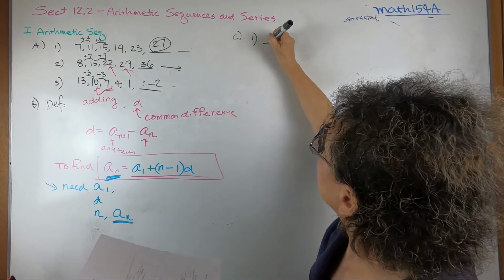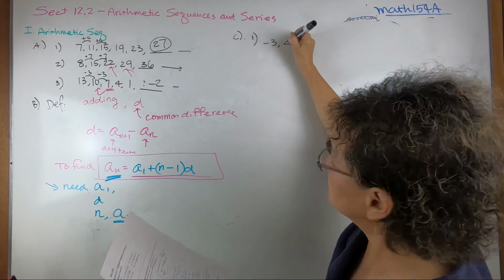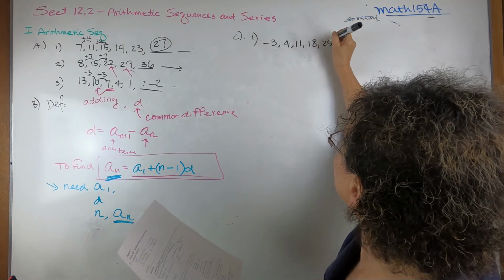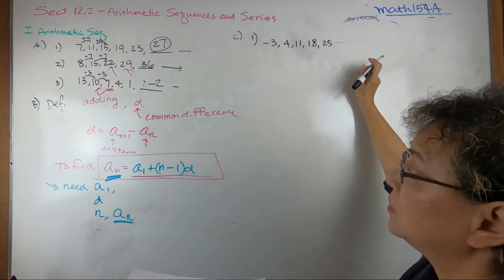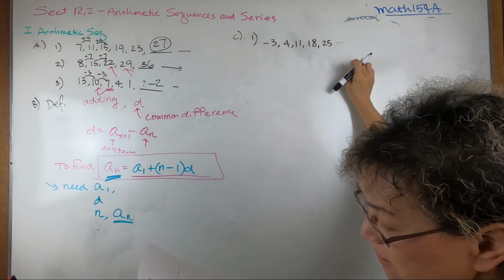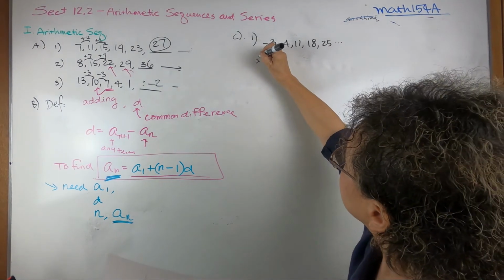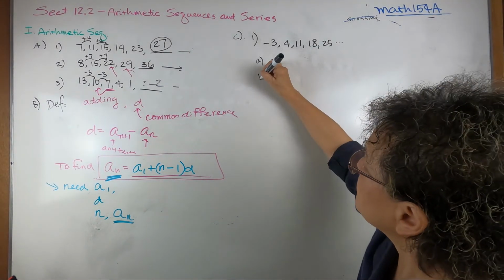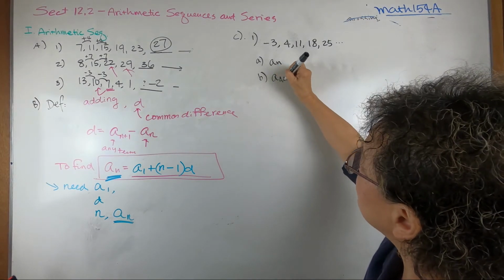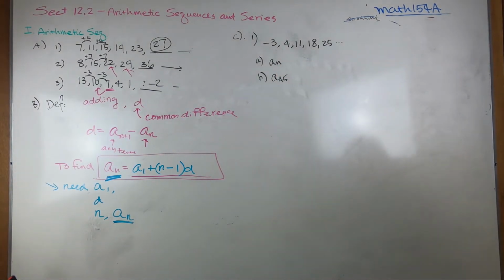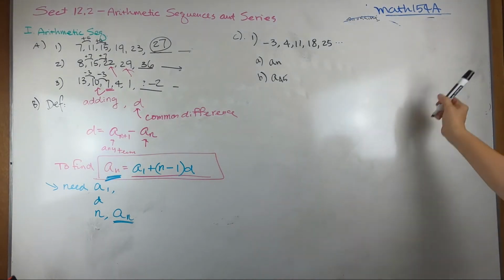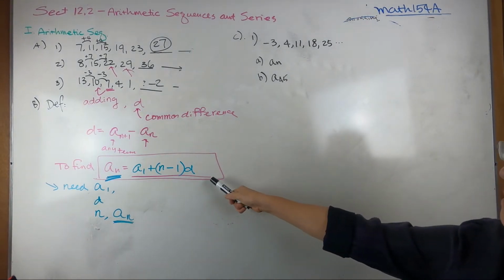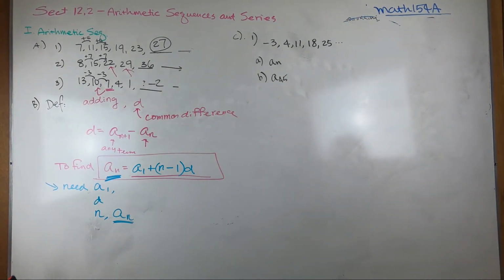We say, give you a sequence like this: -4, -3, 4, 11, 18, and 25, right? We want you to find the general term, AN. Okay, that means we want you to find the formula. Then we also want you to find the A45, 45th term. Instead you write 45 times. That will take forever, right? But with the formula, we can just plug in. So